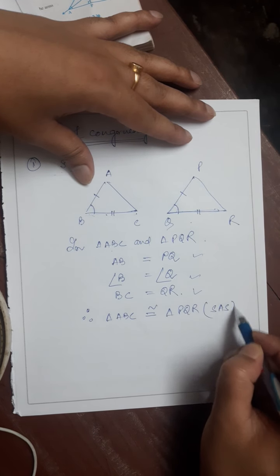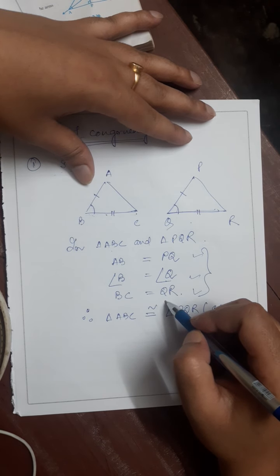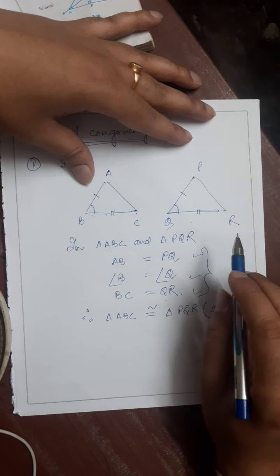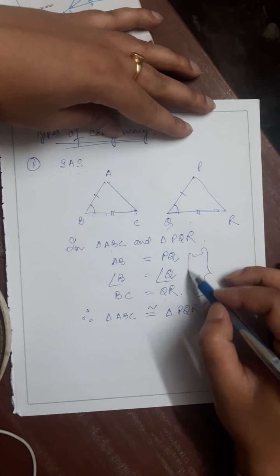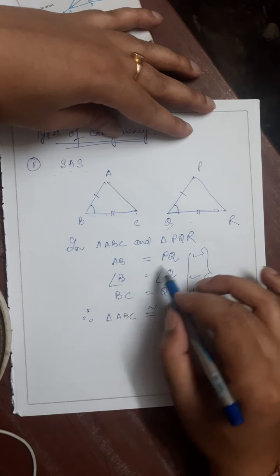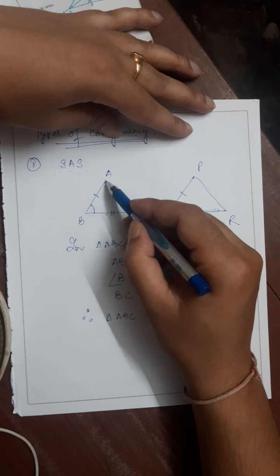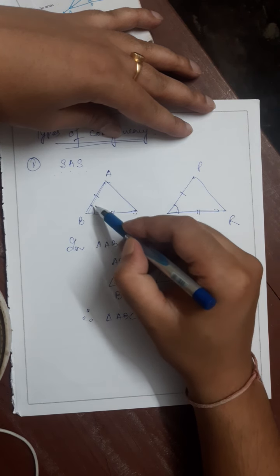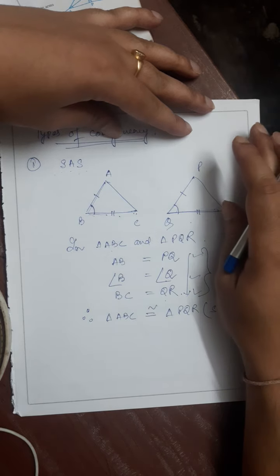By looking at the order of these 3 points, we cannot say these two triangles are equal. We cannot determine the criteria by looking at the order of writing these three equalities. We have to see a triangle, and here we can see that in between two sides one angle is equal. So this is side angle side. Okay, so we will come up to the next type of congruency,